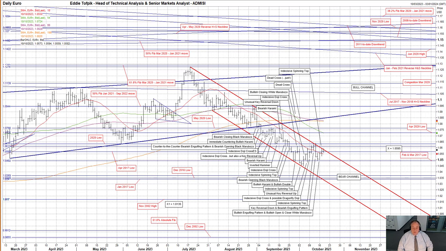Most recent action saw yesterday an indecisive spinning top, lodged underneath the upper bear channel line of the mid-July to date bear channel, currently 103.34 to 105.86, and is highlighted in bright red on my daily chart. Though this bear channel originated in July, its main effects were felt in early September when it caused a breakdown below the mid-March to mid-July bull channel, the one highlighted in dark blue on my daily chart.